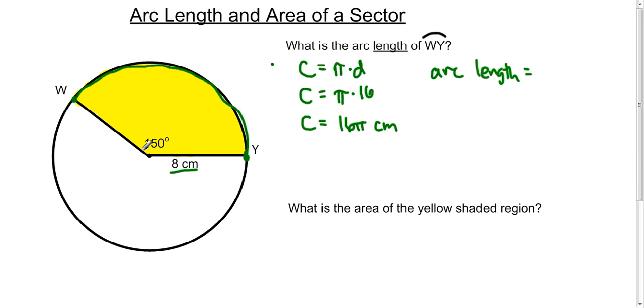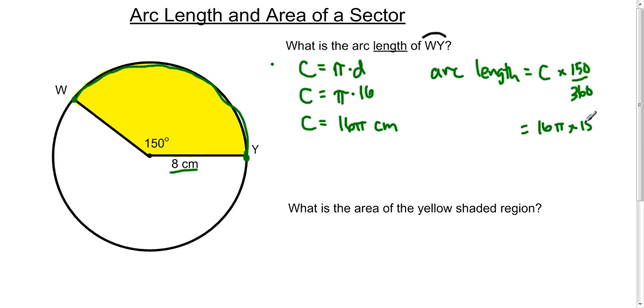And this angle here is 150 degrees. So what we're going to do is take the circumference and multiply it by a fraction, since we're not dealing with the entire circle and we're dealing with a little bit less than half. If this was 180, we just would take 16 pi divided by 2 because it'd be half, but it's a little less than half. So to figure out how much of the circle we're dealing with, we're going to do 150 divided by 360. This gives us the fraction of the circle that we're dealing with. So our circumference is 16 pi